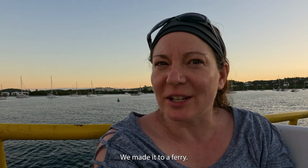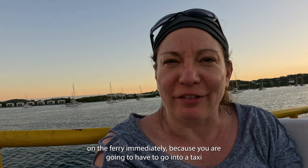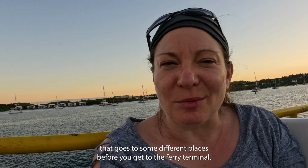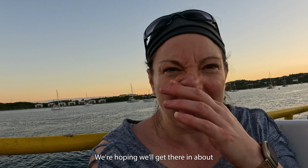We're on the ferry. We made it to the ferry. We had to drop a bunch of people off at the resort. So if you're ever flying into St. Thomas to go to St. John, just know that you're not going to get on the ferry immediately because you are going to have to get into a taxi that goes to some different places before you get to the ferry terminal. But you want Red Hook, and that is the ferry that we're on. We're hoping we'll get there in about 45 minutes or so, and then we got to get our...